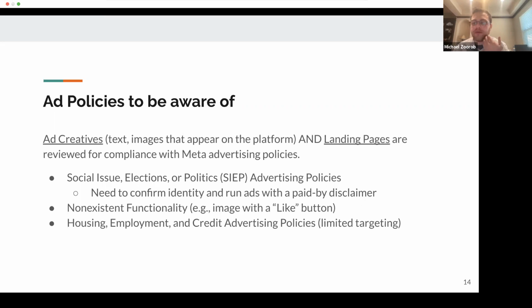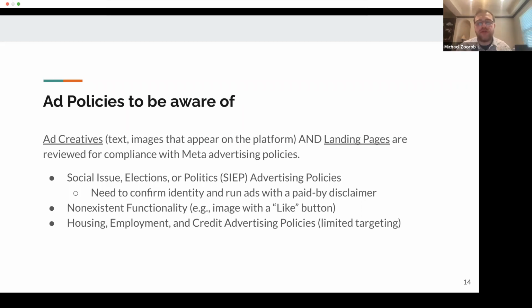I think these were recently renamed advertising standards, but it's the same thing, just if you happen to see that. You should really review these in depth, I think, at least the titles of them. I think the vast majority are not going to be any particular issue for academics, but there are a few that I wanted to call out where I've seen a lot of academics find themselves getting into trouble.